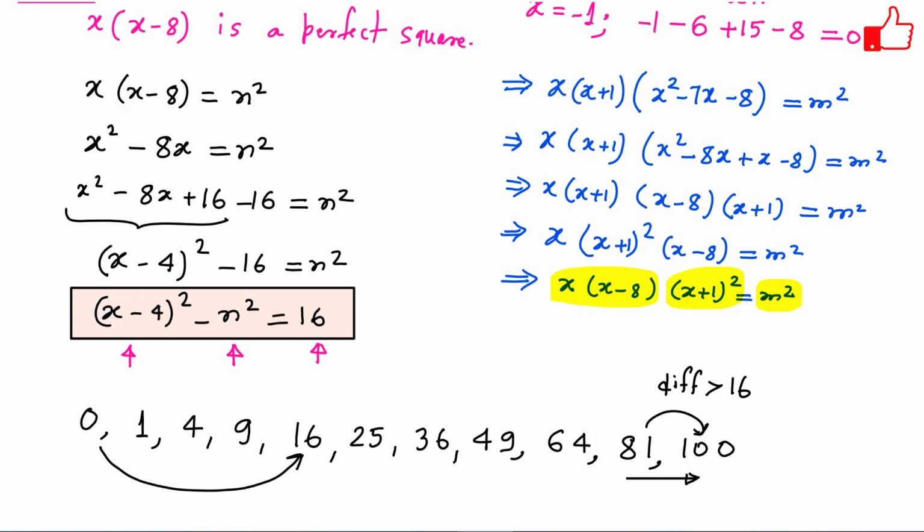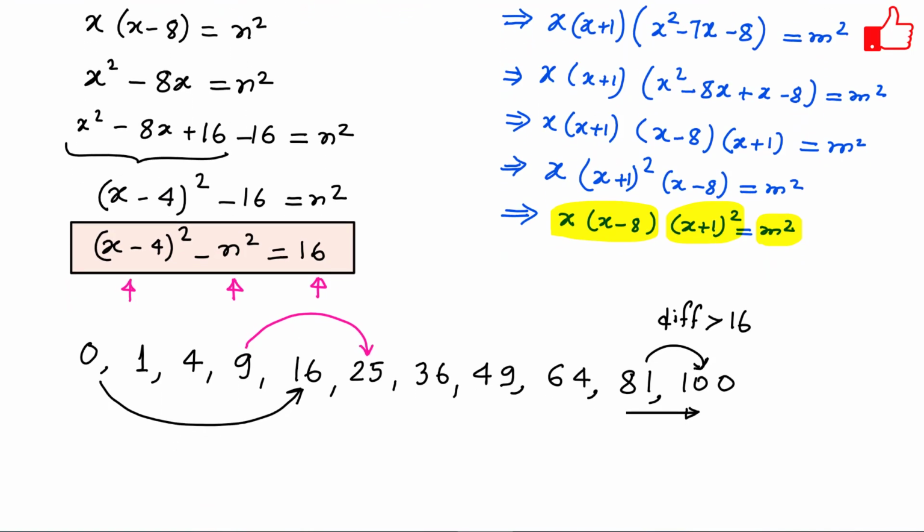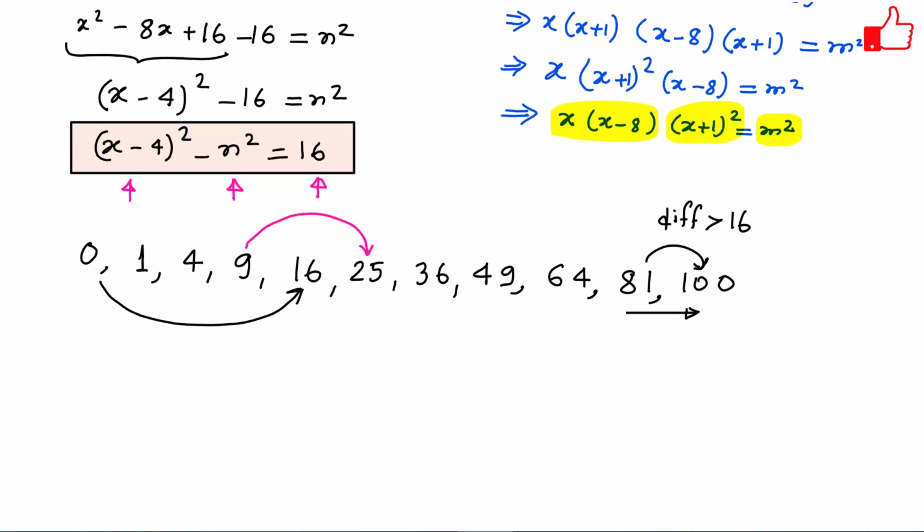And the second possibility you can have, that is 9 and 25. In this case also the difference is 16. So two situations we will have. Let us discuss one by one. So case 1,